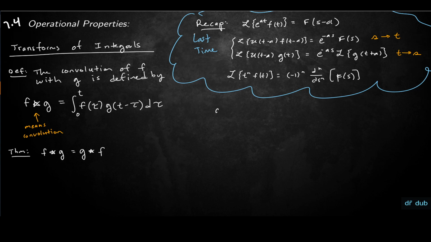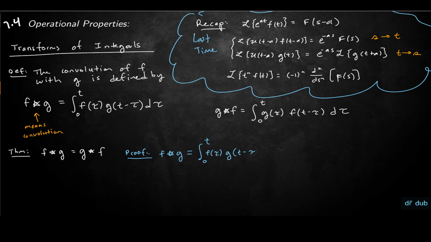What would g star f be? g star f would equal the integral from 0 to t of g of tau f of t minus tau d tau. So it doesn't matter which one you write first, and actually we could show this by u substitution. So, proof here: f star g is equal to the integral from 0 to t of f of tau g of t minus tau d tau,